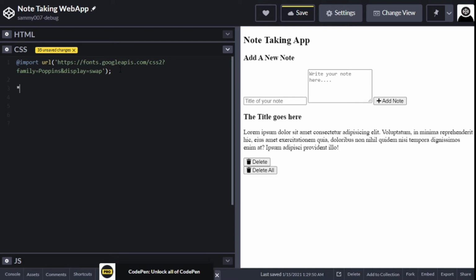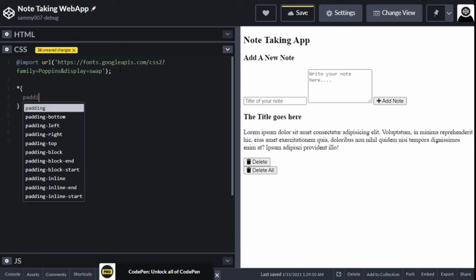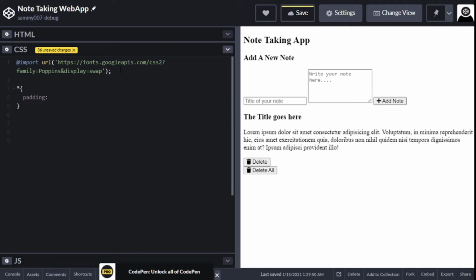We select everything here, because this is what the star means. And we just reset all our padding to 0, set our margin